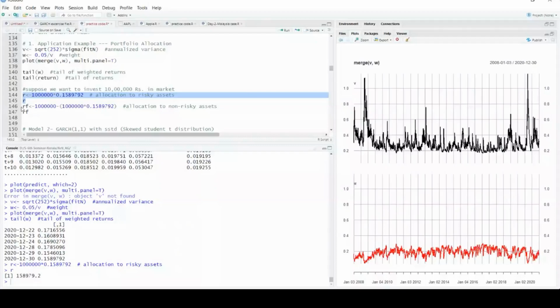So it says around 1,58,000 out of 10 lakhs I should invest in the risky asset, and the rest of the amount I should invest in the non-risky asset, which is around 8 lakhs, based upon my prediction of the volatility of the assets in a given time period and the weight which I've assigned.